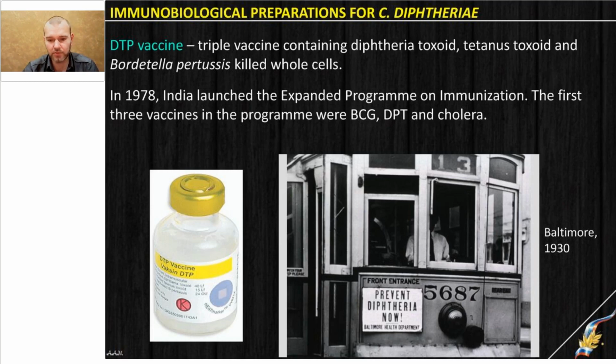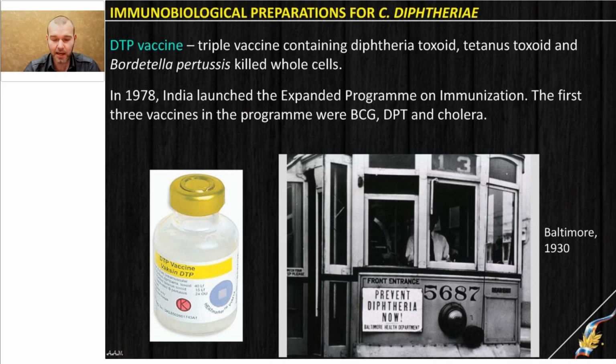This is a USA picture from 1930, when massive information campaigns were provided in multiple countries, and everyone was called for vaccination, because in human history diphtheria took a lot of lives. It was not a pandemic, not so dangerous as other diseases, but it is collective. Very often it occurred in small epidemic waves, and of course kids were the major affected group who died because